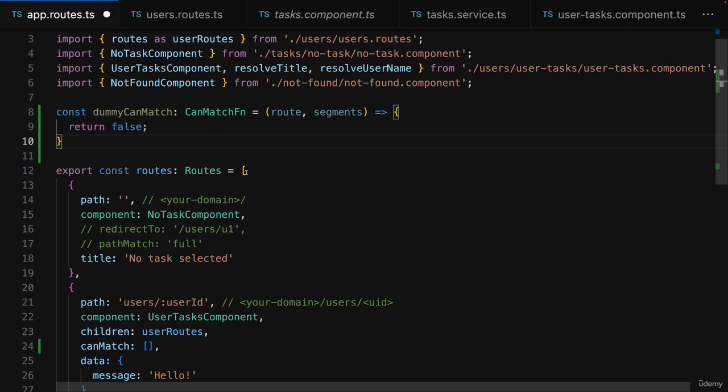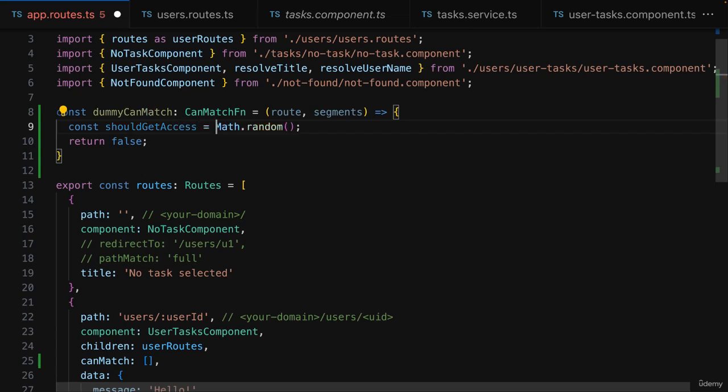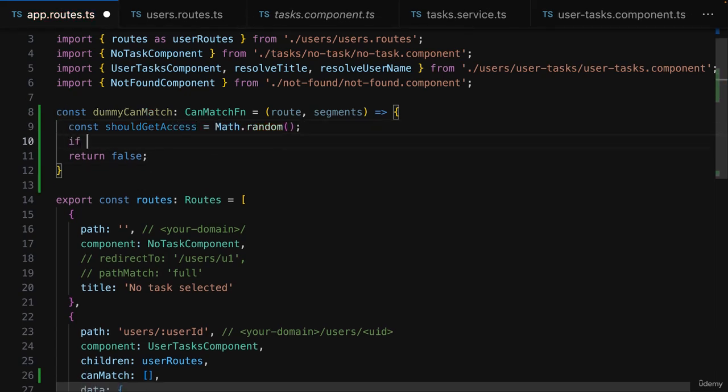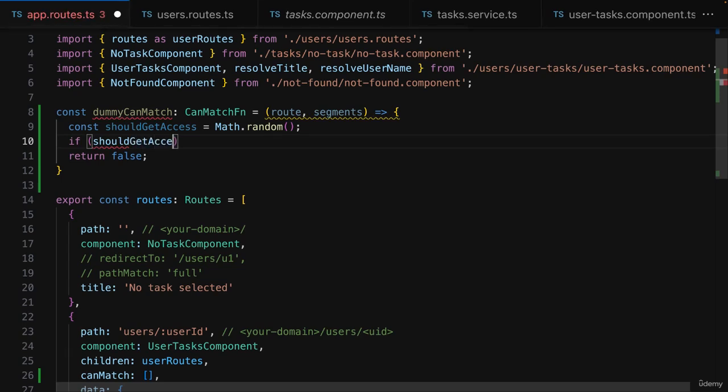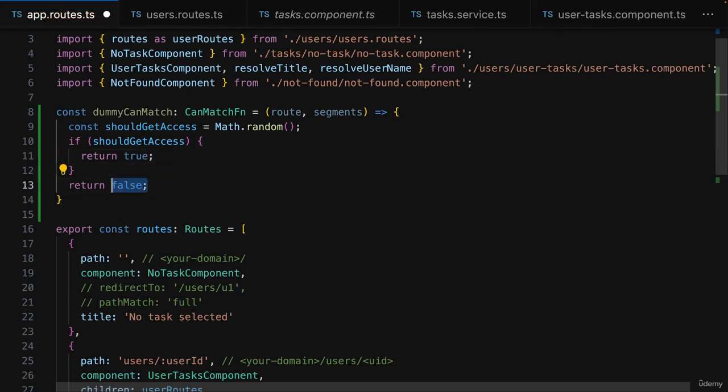There you also could return data or observables that yield the data. Here it's the same with Booleans. For example, here we could use Math.random to generate a random value between 0 and 1. And I'll store the result in a constant called shouldGetAccess. And then we could check if shouldGetAccess is true. In that case, I want to return true. Else, we might want to return false, or what you typically want to do if you don't want to grant access is you might want to redirect the user,